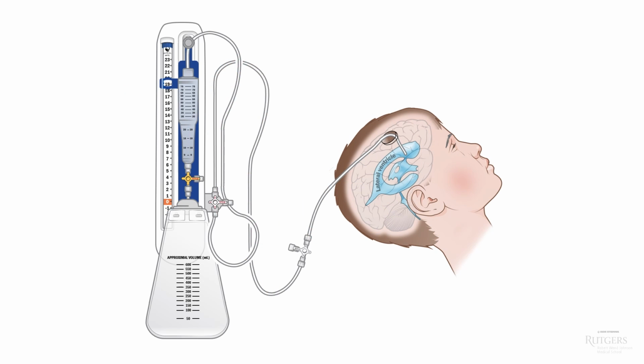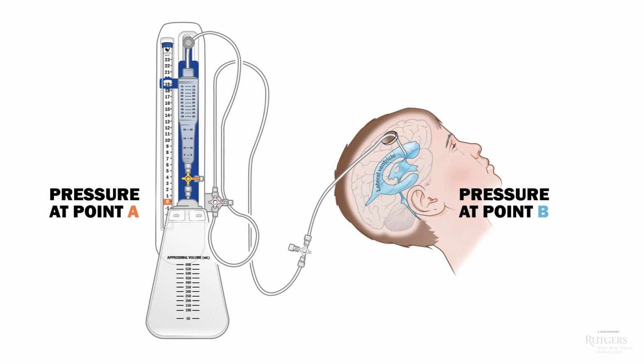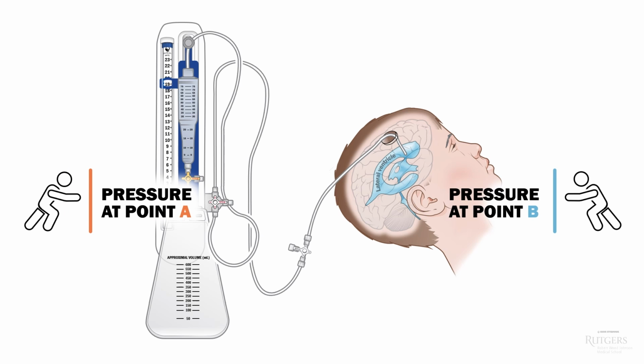Okay, so we have an external ventricular drainage system in place. You just can't wait to start using it, but not so fast. First, we have to understand what pressure even means. Because of how physics works, pressure always has to be measured at one point relative to a reference point. It's a measure of how much the stuff in one compartment pushes against the compartment from which you're measuring.